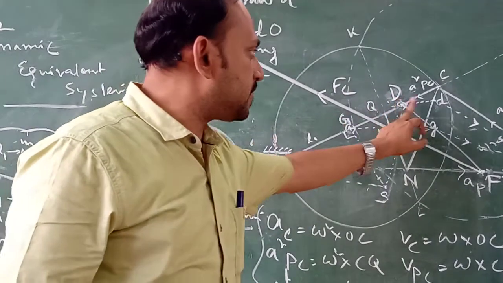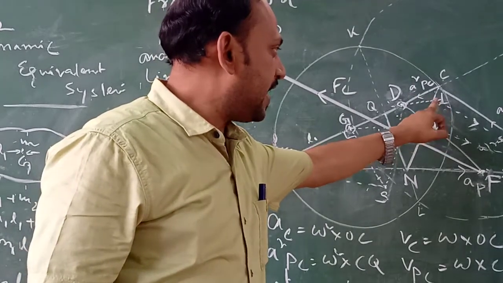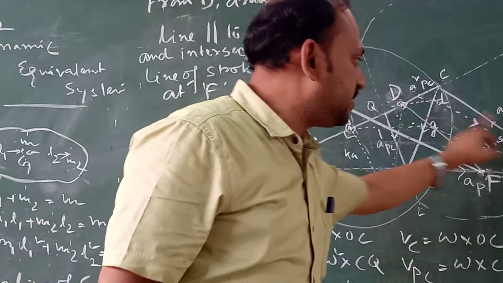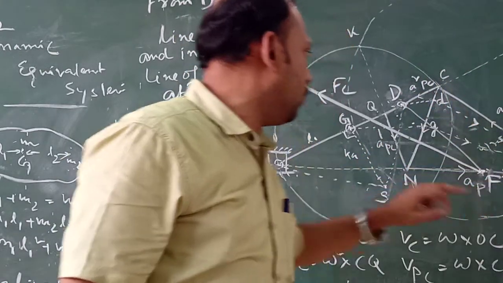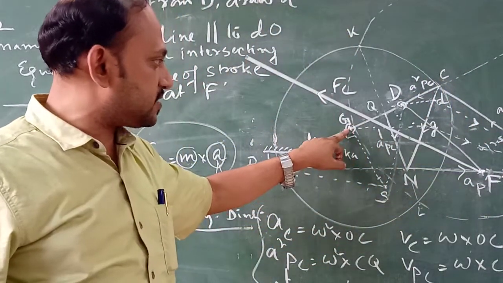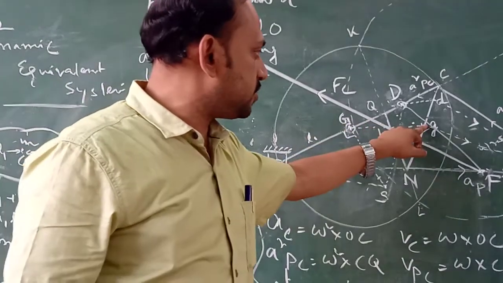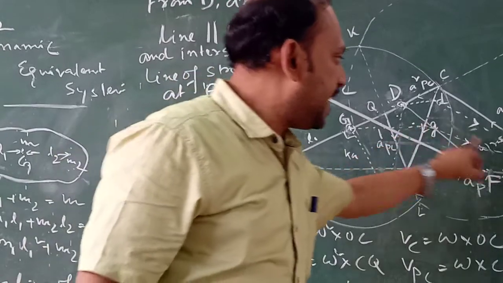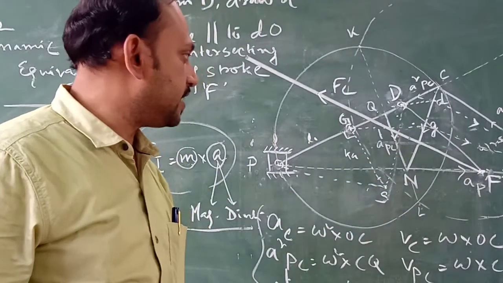We have to transfer the image of D in the acceleration diagram, small d, and then we are joining d to o. So this is the acceleration of D with respect to O. Similarly, we can say what is the acceleration of G with respect to O. We have transferred the position of G in the acceleration diagram, and then g o is the direction of acceleration.